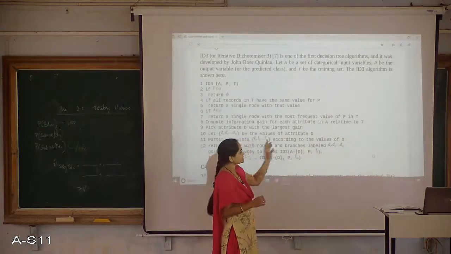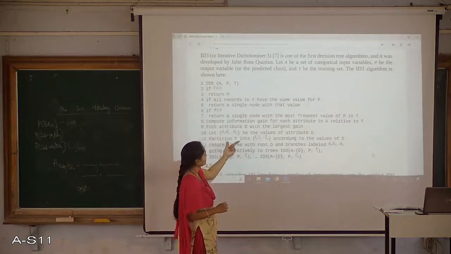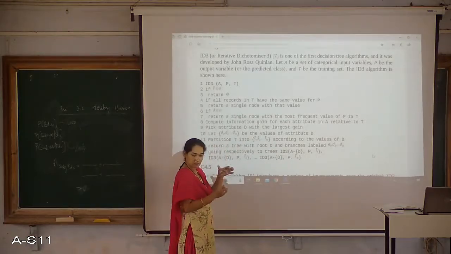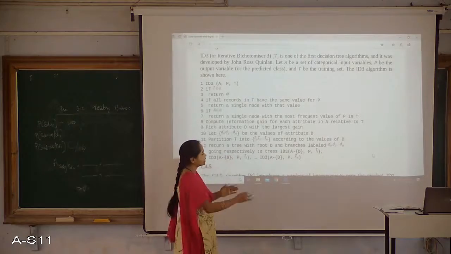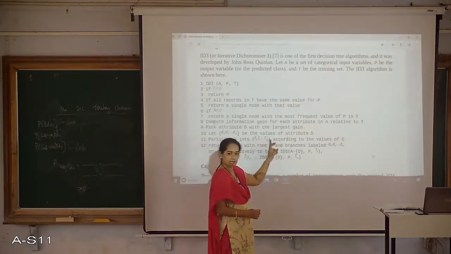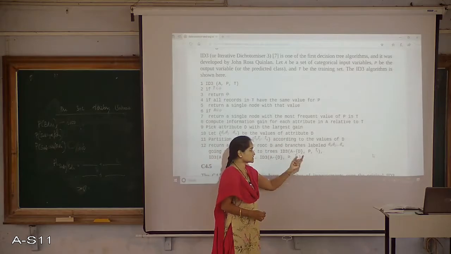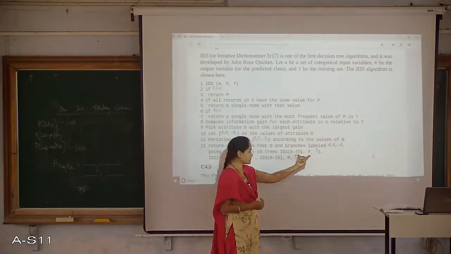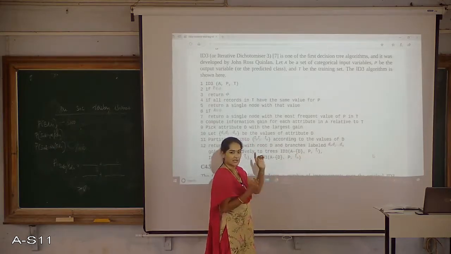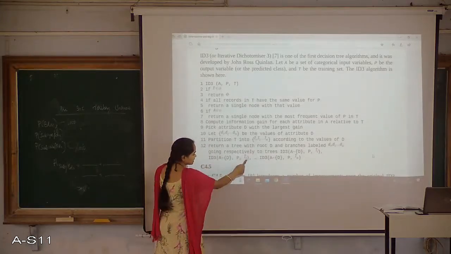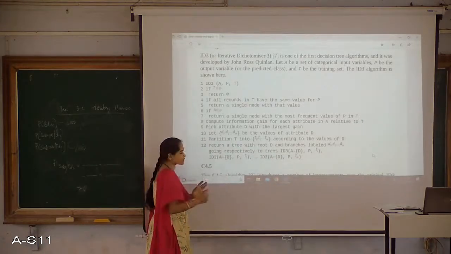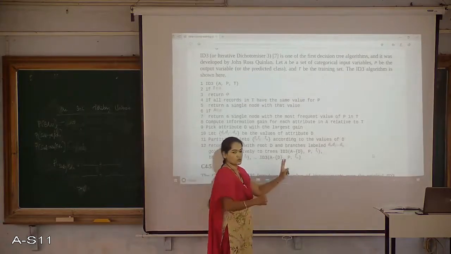T1 is the data which is only a part of it, because only that falls into the left side, and only the rest falls into the right side. I am making two sets of it, T1 to Tm. Only T1 is considered for going to the left side by removing the D attribute. Similarly, I am taking T2 for the other branch.